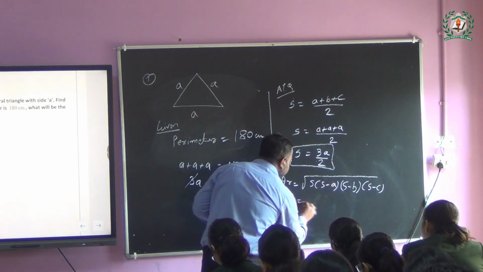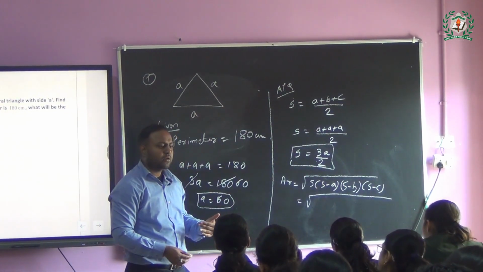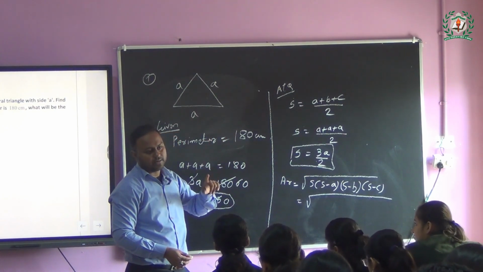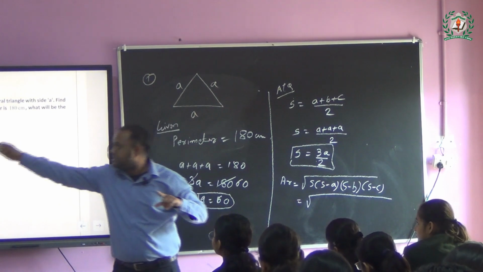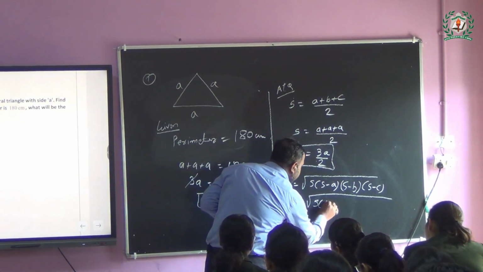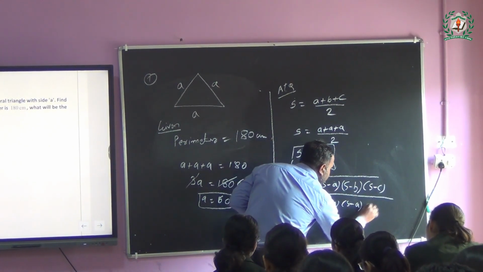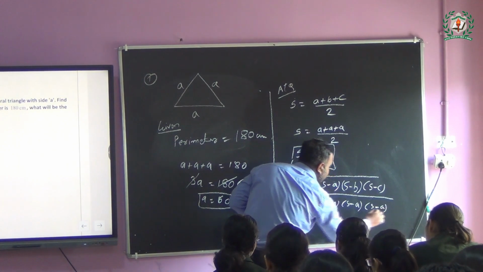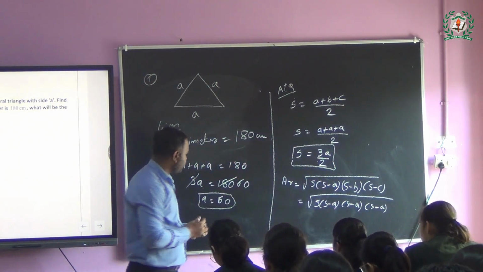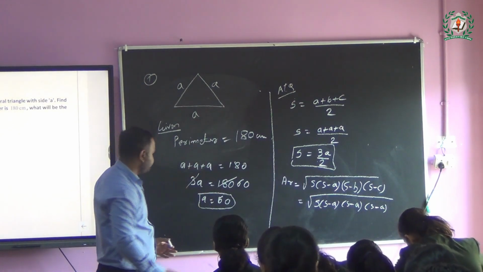So then, what are the values replaced with A, B, C? Because BC is a side of a what? Triangle, but the triangle is equilateral. As given in the question, all sides are A. Okay? So now what do we write? S minus A, S minus A, S minus A. No doubt here, I think. Is it clear up to here? Please note it down. So I am rubbing this part, class.